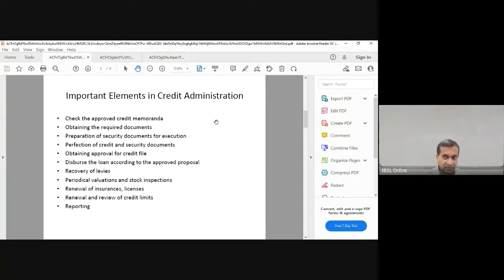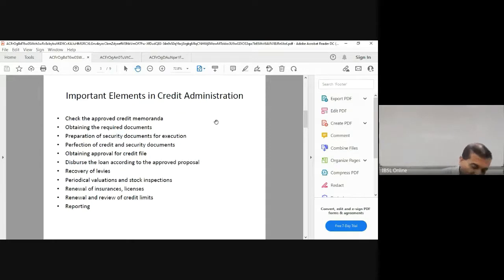But once the loan is disbursed, you can't keep the documents in the branch. You have to put them into a kind of safe custody. Ideally, it has to be in a central location. You can have the copy documents, or vice versa. But as per the Basel III requirement, you can't have it in yours. It has to be a separate, independent department, who does the functions of the credit administration department.